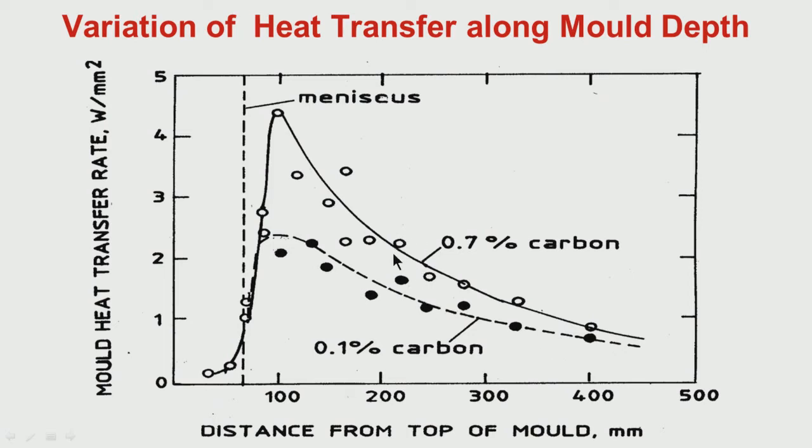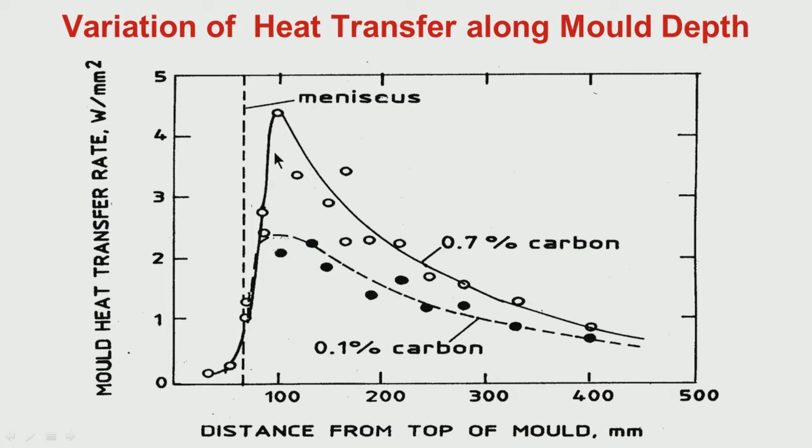Why it is so, you will understand later, but I am just giving you a hint. 0.1% carbon is a depression type of grade. That means on the surface you get a lot of depression, and 0.7% carbon is not a depression type of grade, because of some other reason,